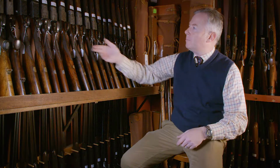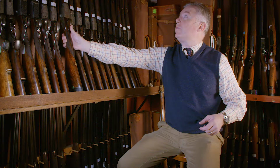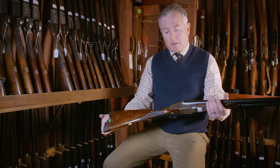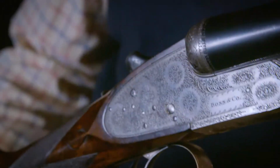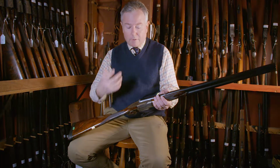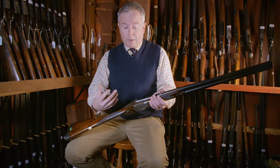Condition. Condition is by far and away the most important factor that you're going to be looking for when you're looking to buy a best English sporting gun. I've got a typical example here. We've got a very fine single Boss, built in London in 1969, Boss and Company, one of London's best gun makers. We really want originality, because originality tells you that something has been looked after and has had relatively little